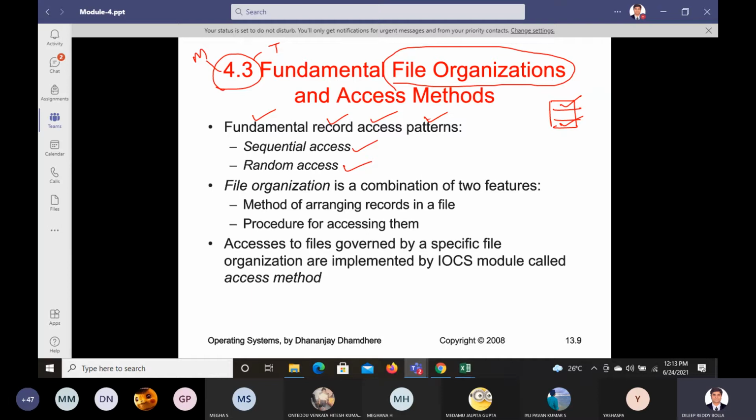Sequential access means you check one by one. You check the first block, then the second block, then the third block, in order, 3, 4, 5, 6, like that.